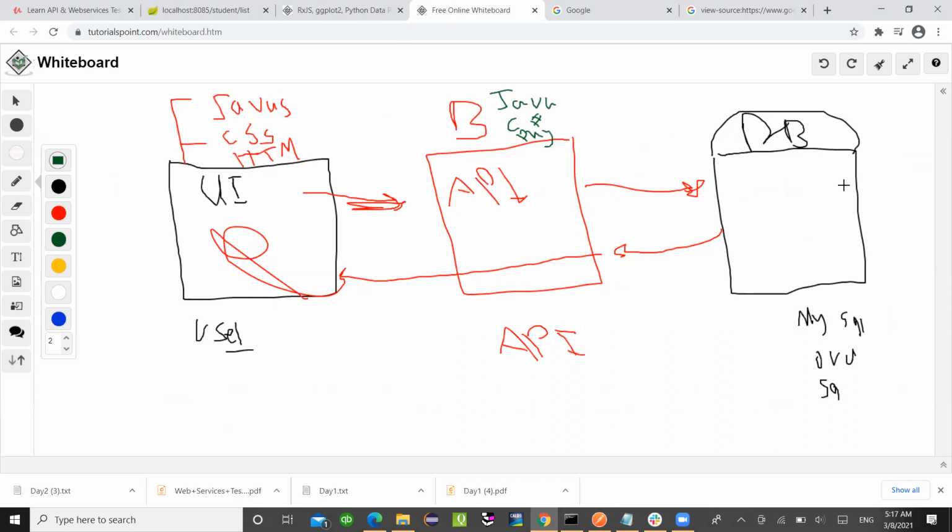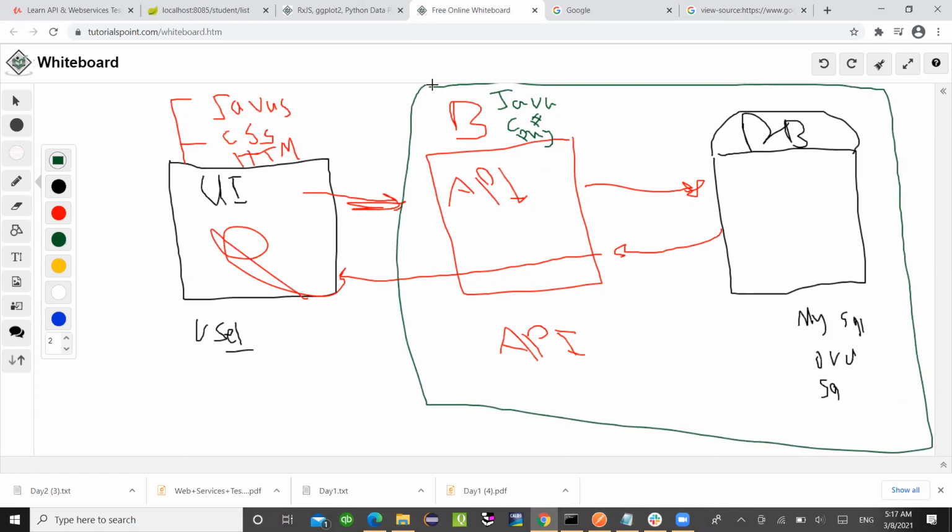For the database, as I told you, there are also MySQL, SQL Server, or whatever. So these are different applications. This middle business layer and this database layer, these two fit in the backend. When someone says backend, it means